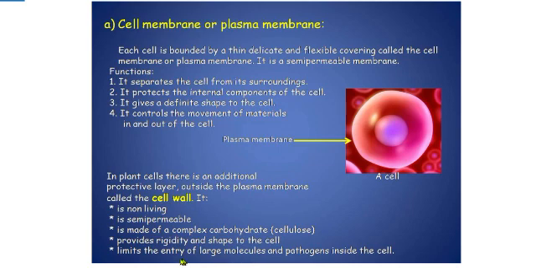So cell wall guards the passage or entry of large molecules as well as pathogens inside the cell, and thus it protects the cell. Cell wall protects the cell from harmful chemicals and harmful unicellular organisms.